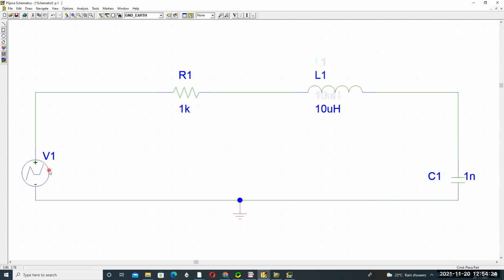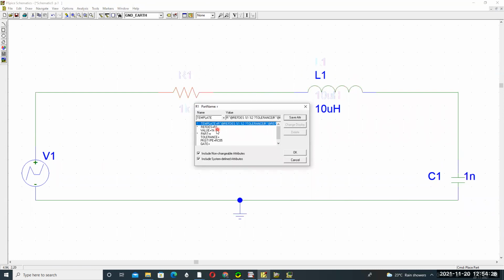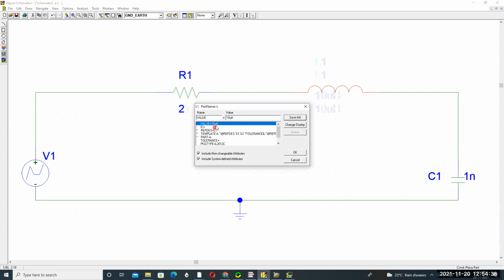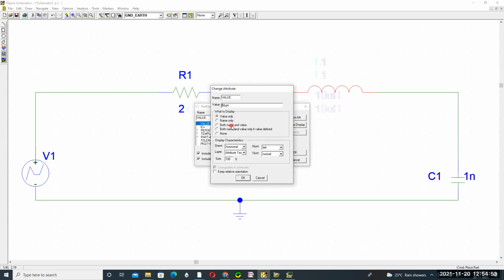Okay, and then arrange the values. The resistance I'm taking here is 2 ohms. The inductance is, for example, 50 microhenry. If you want to display the inductance value, change display to both name and value.